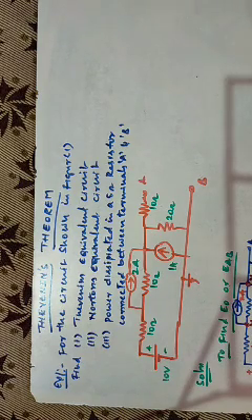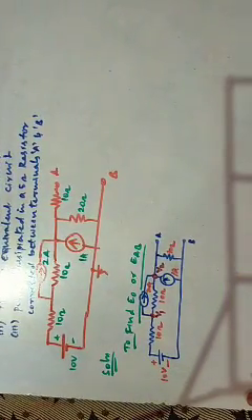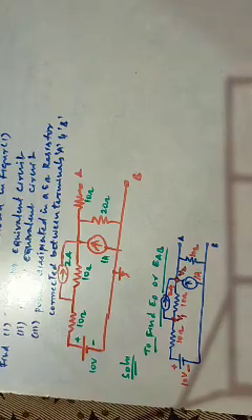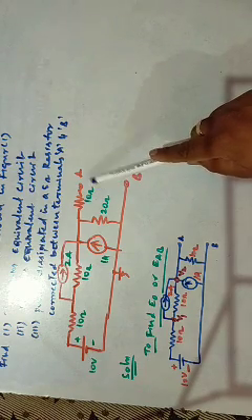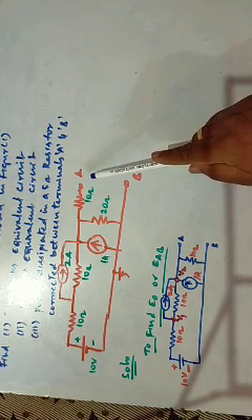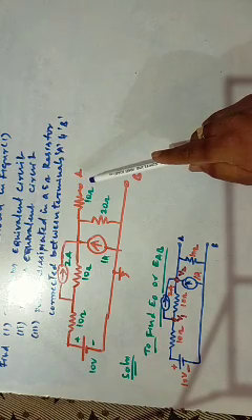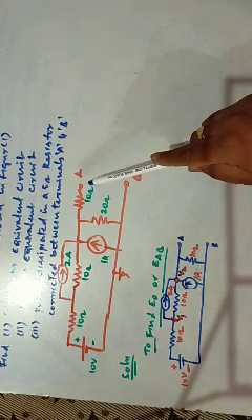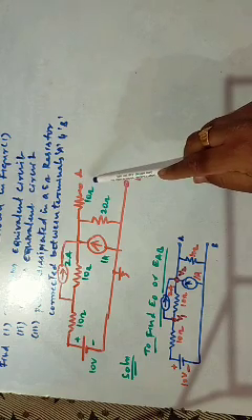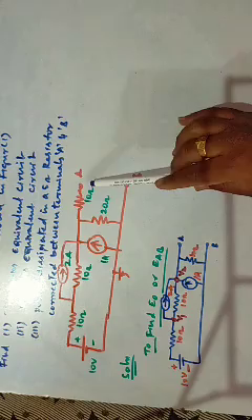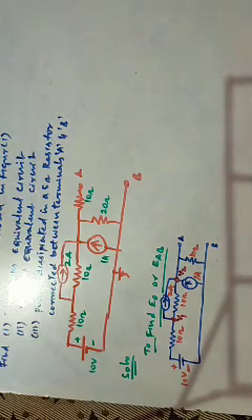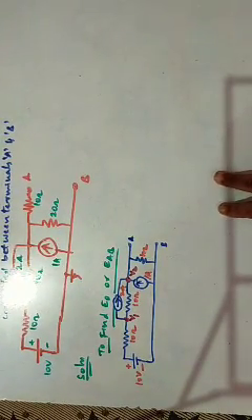So, first we have to find the Thevenin's voltage, or we call it the open circuit voltage. The diagram is as shown here. See, no current flows through this 10 ohm resistance, so its presence may be neglected, because the current will flow only in a complete loop. This 10 ohm is in an incomplete loop, and hence no current flows in this 10 ohm. Because of that, the 10 ohm will be neglected, and the modified circuit is as shown here.